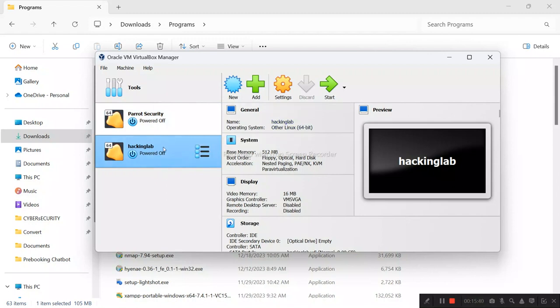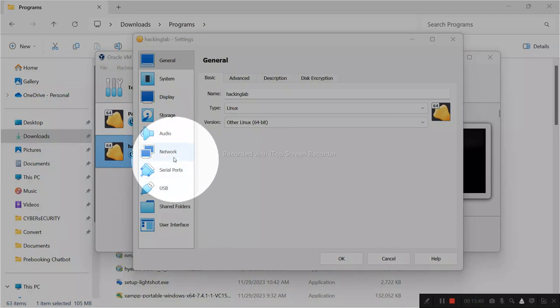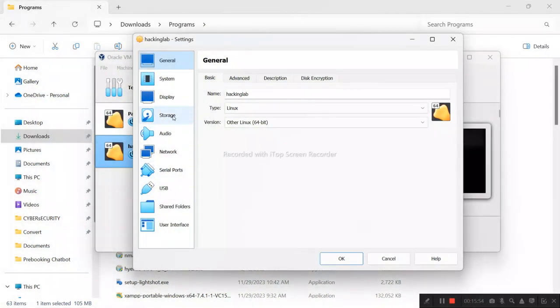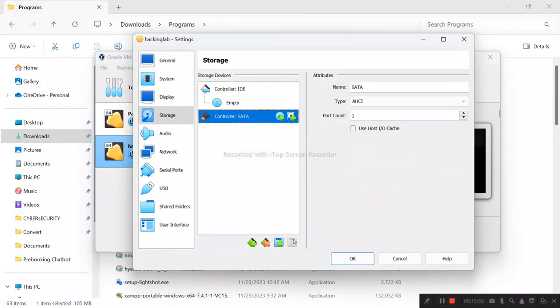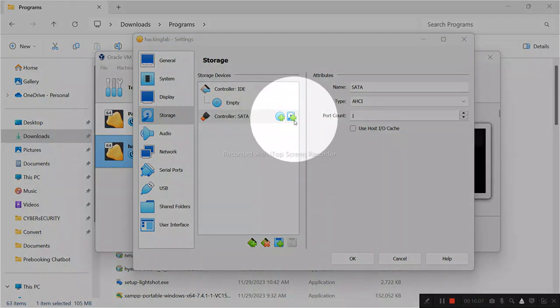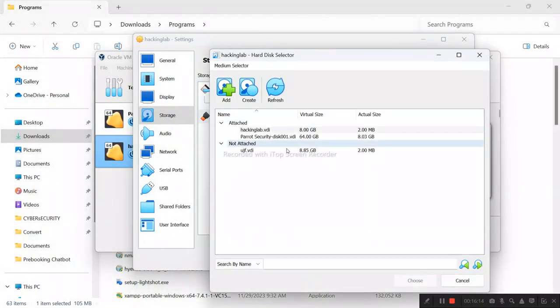So now we need to attach a hard disk to this Hacking Lab whereby everything will be launched from. So I want you to highlight this like this, and then click settings, and then after you click settings, I want you to navigate to storage, which is here. So after you navigate to storage, you wouldn't see this, so let me remove it for you. So you would see something like this here. So what I want you to do is click here, which is just a disk sign with a plus. So it allows us to add a hard disk, so click on plus here, and then